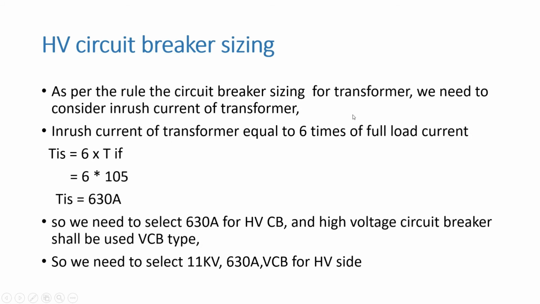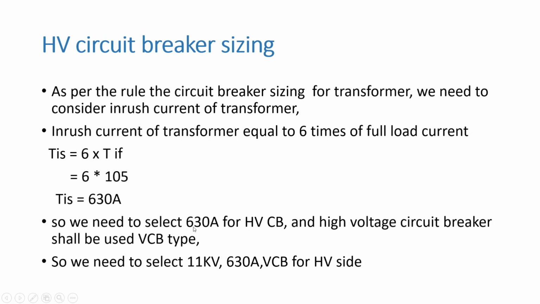So we can calculate the inrush current of the transformer using this formula: transformer inrush current equals 6 times the transformer full load current. So 6 into the transformer primary full load current of 105 ampere. So transformer inrush current equals 630 ampere. So we need to select the HV circuit breaker current rating as 630 ampere,